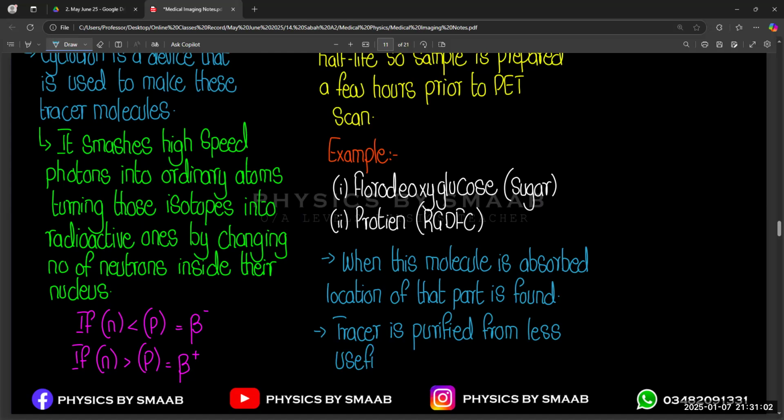It depends upon the case, what type of case it is, how much quantity is required, or what is the amount or dose that we need to give to the patient. So that's why we are writing just general information. So the tracer is purified from less useful molecules and